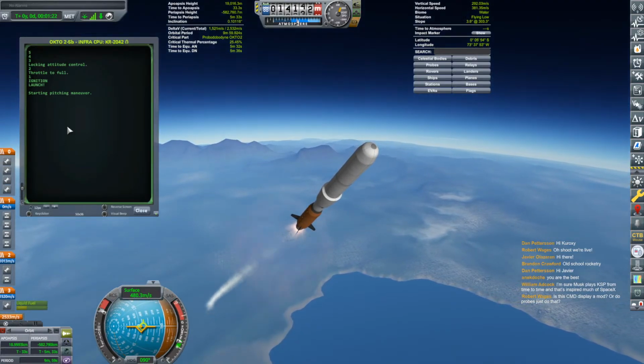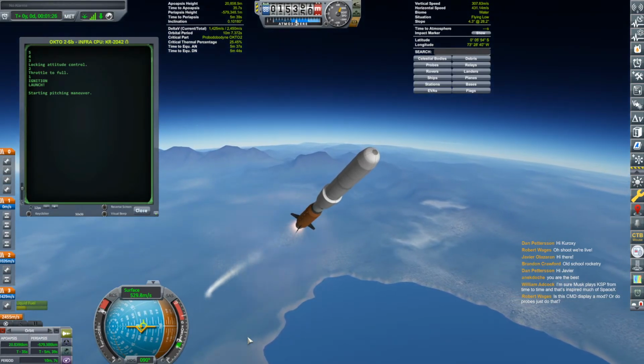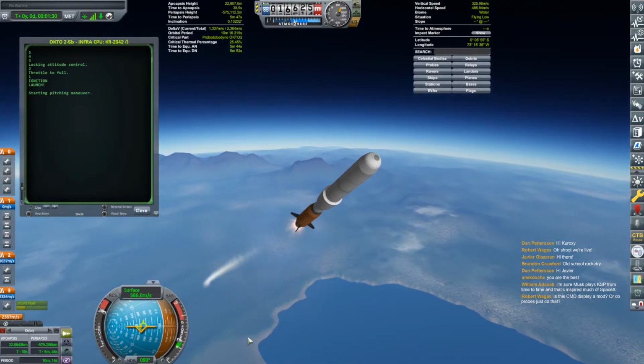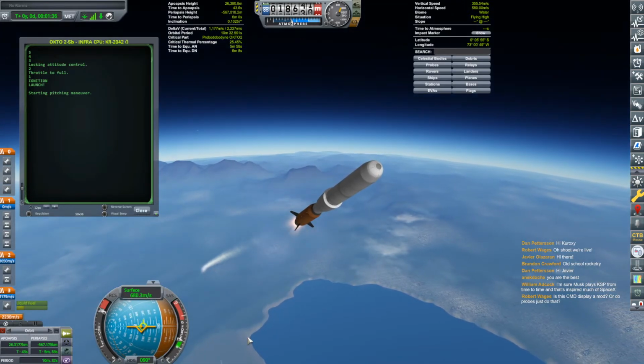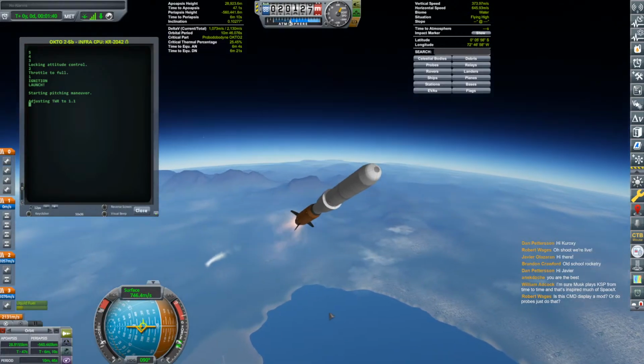So I'm going to get ready to abort this script. I'm going to try and get this thing into orbit. I'm going to remember not to try and stage the fairings. You know, I never even tested the deployment of the fairings. That itself could be a disaster for all I know. This is turning into an ill-conceived...